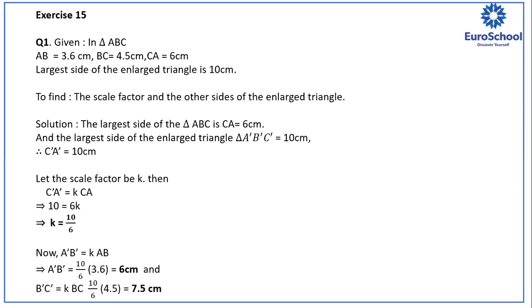Now, one important thing here: most of the time in the question, they just say find the scale factor and find the length of the other sides of the triangle A dash, B dash, C dash, and then they write your answer in meters. That's known as a tail question. In most geometry questions, you will find a tail question. They just write a small word there, convert it in meters, or write your answer in kilometers. In that way, you need to be careful what is written there. So read your question carefully and then write the answer.